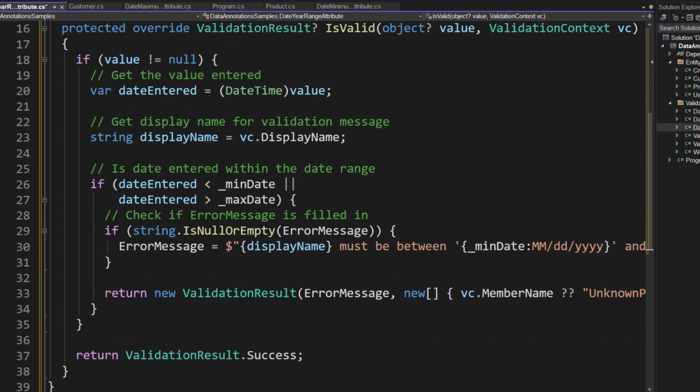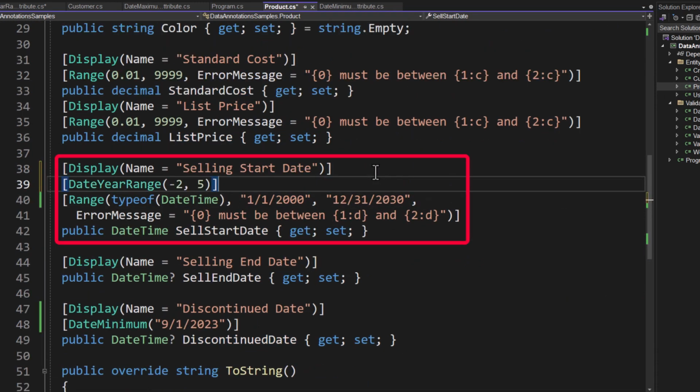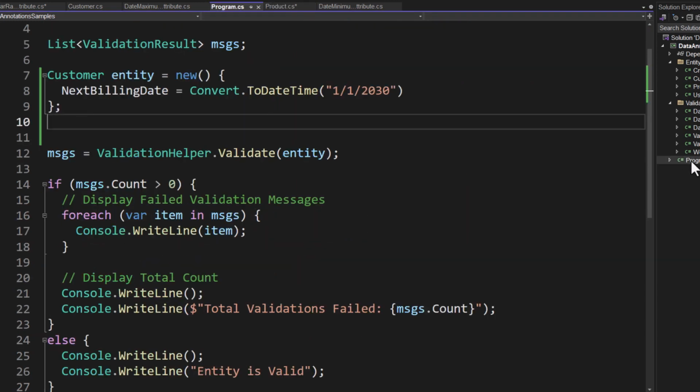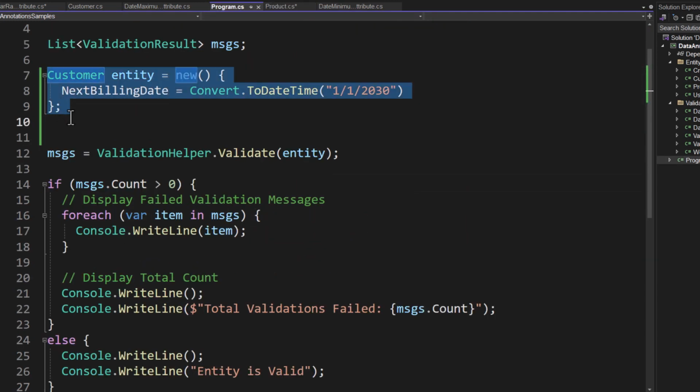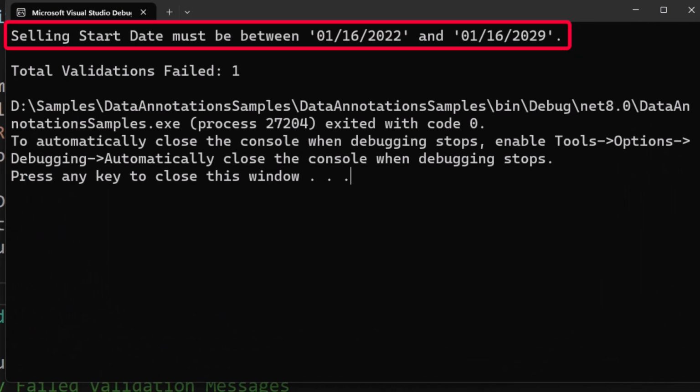Very simple. So to get this to work, let's go into our product class. Let's locate our selling start date, and I'm going to put a range in of -2 years from today's date and +5 years of today's date. We can then open the program.cs and replace the customer with a product entity, and then look at line 15. The sell start date is set to today's date, but adding -6 years. Remember I said you can only go back 2 years. So if I run this, I should get the error message. The selling start date must be between